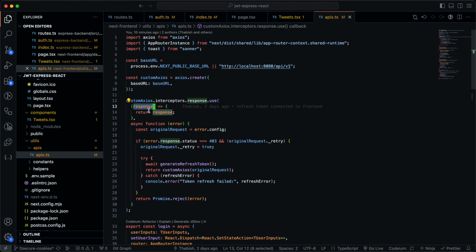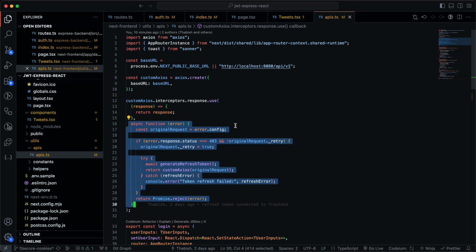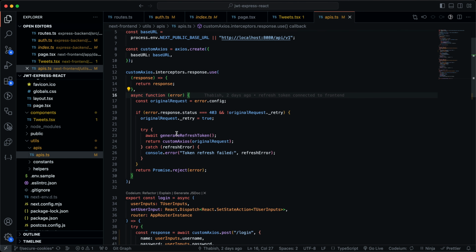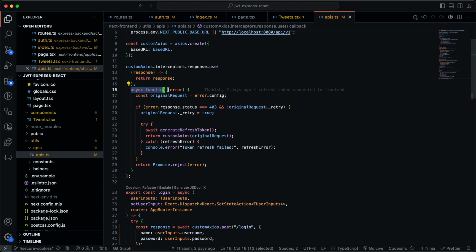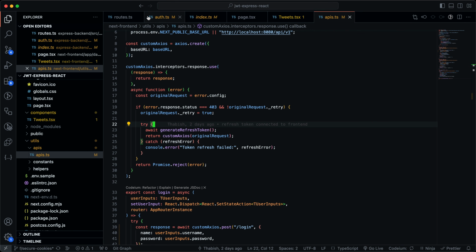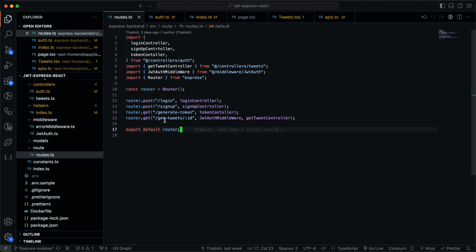So if a response is successful, we just return the response and neglect whatever is happening here. But if there is an error, we have this async function error. We get all the configuration and put it into this object, original request. We check specifically for the response status being equal to 403, because if I go to my route and go to